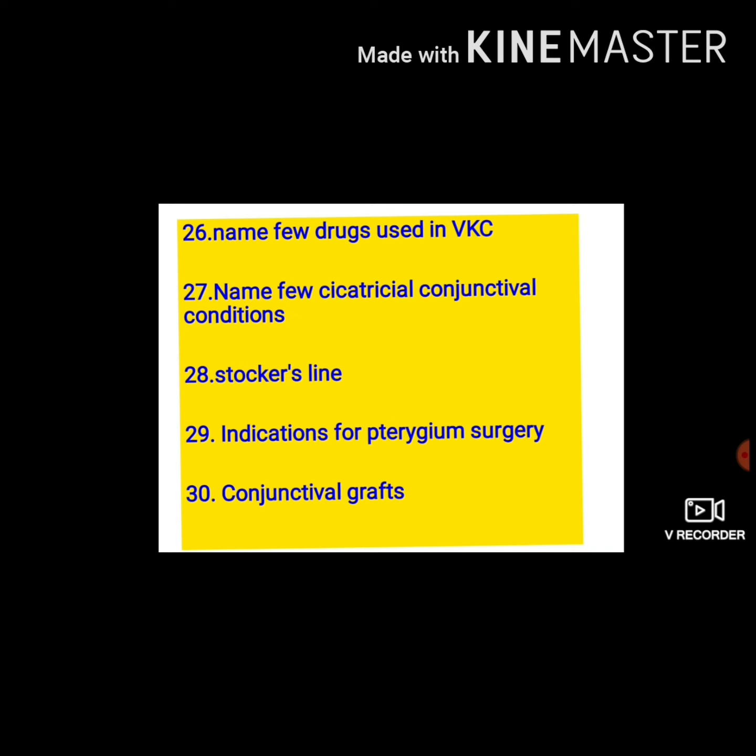Next, the conjunctival graft. They usually ask from where you get the graft. It is usually from the superotemporal conjunctiva of the same eye. If that eye is affected, go to the other eye and take the graft from superotemporal aspect. And the one more question is the amniotic membrane. From where you get the amniotic membrane? It is usually from the placenta following caesarean section. Then you will get the placenta, in that the amniotic membrane is separated and stored, and that you can use for the grafting purpose. So these are the viva questions.